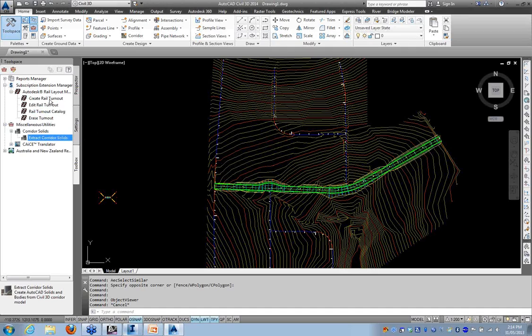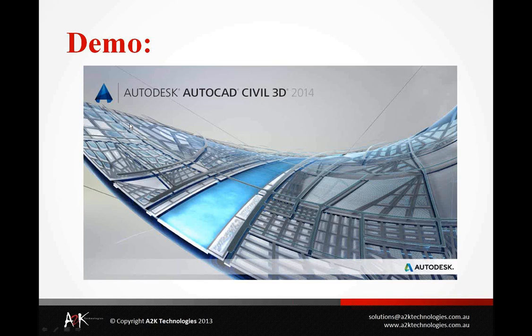Of this rail turnout. Create rail turnout. Execute. See if it's going to go. No, something, I don't know what's happened there. It's working fine this morning. But let's go and have a look at some of the other components of